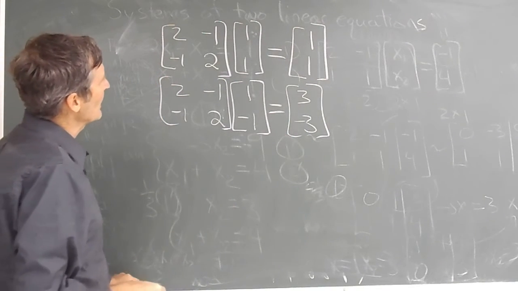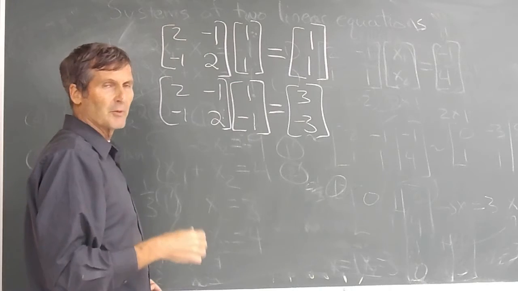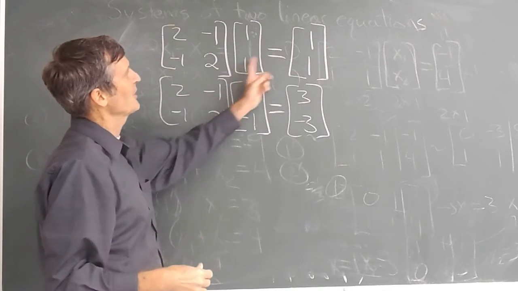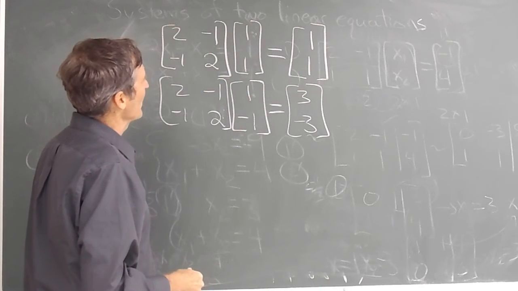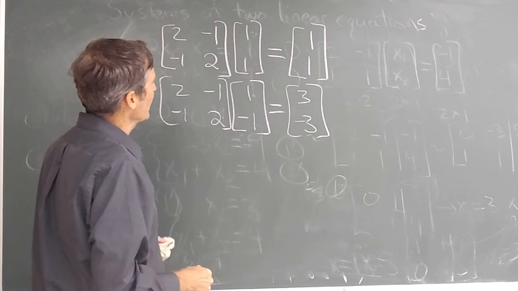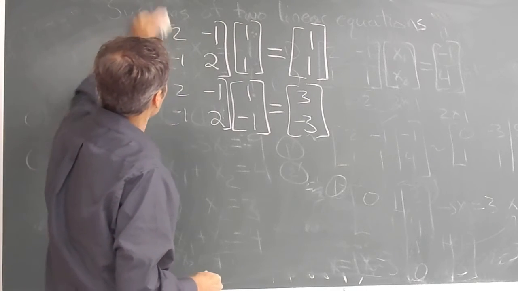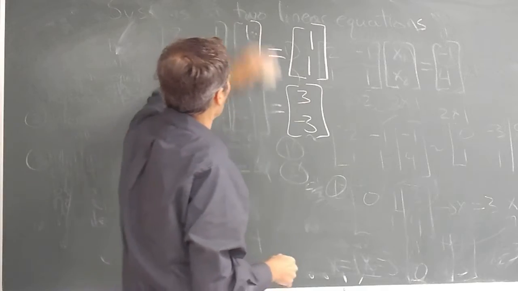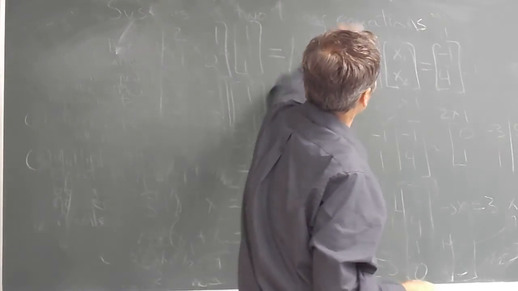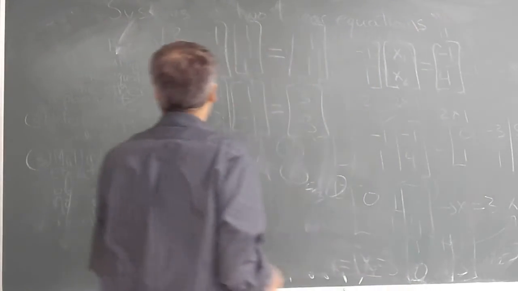So we call these eigenvectors. Eigen comes from the German for proper. They're proper vectors. They keep their same direction when you multiply the matrix times them. That's not true of just any vector. And if we want to find the eigenvectors of the matrix, we can solve a system of equations for that,